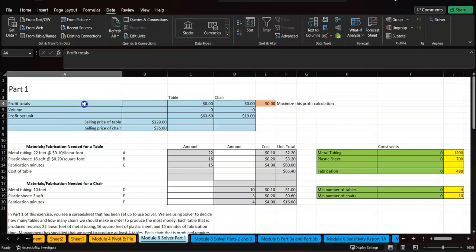So the table set up here is the profit totals, C6 times C5, which is the profit times the number of tables they make. And then for chairs, profit is the volume of chairs they make times the profit per chair. And here is the selling price of a table, selling price of a chair. And as you could see, it makes perfect sense. Obviously, that's a plugged-in number. That's a plugged-in number. This is calculated based on